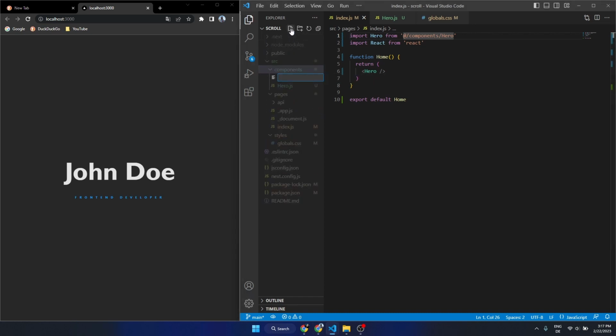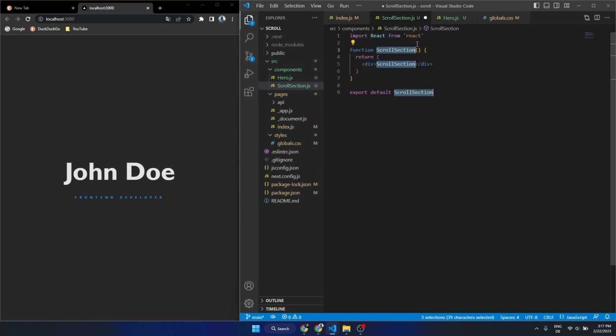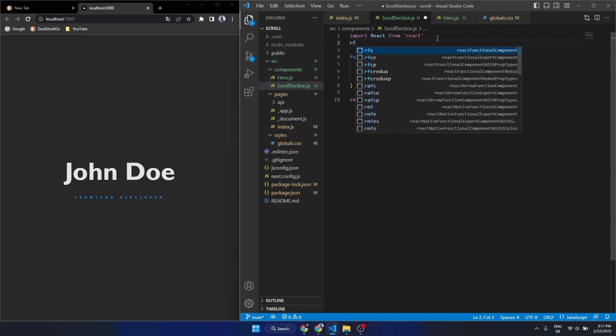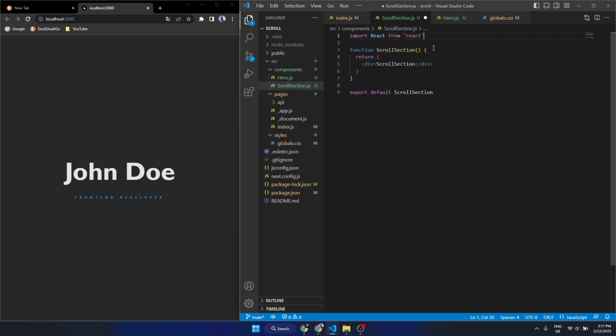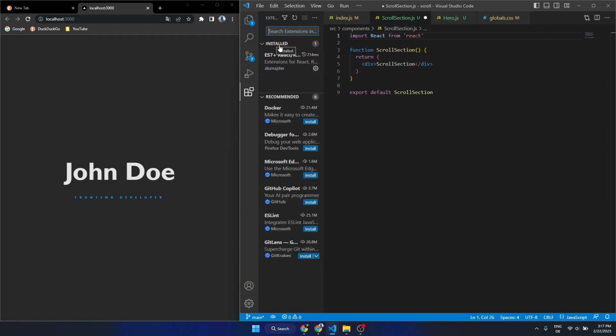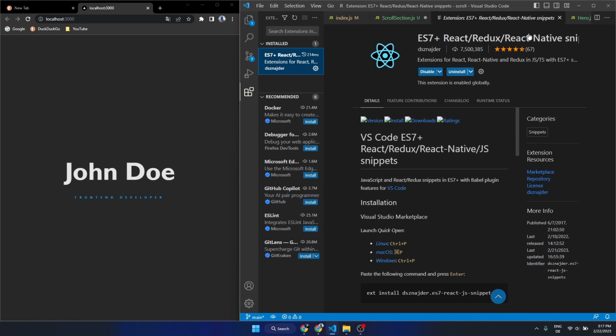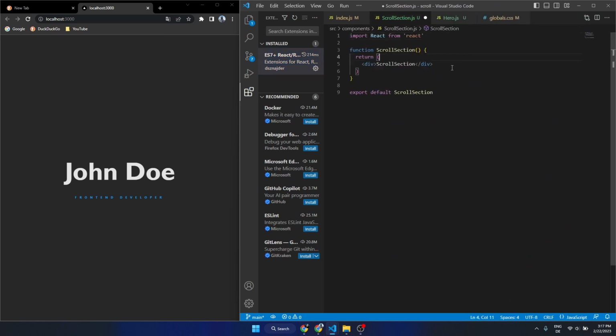I'm going to create another component called scroll section.js. If you're wondering what is this stuff, this RFC, this comes from a really nice extension, is this one, ES7 plus React Redux, React Native, blah blah blah, from this really complex username. I don't want even try to pronounce this. So yeah, just creating the scroll section, and